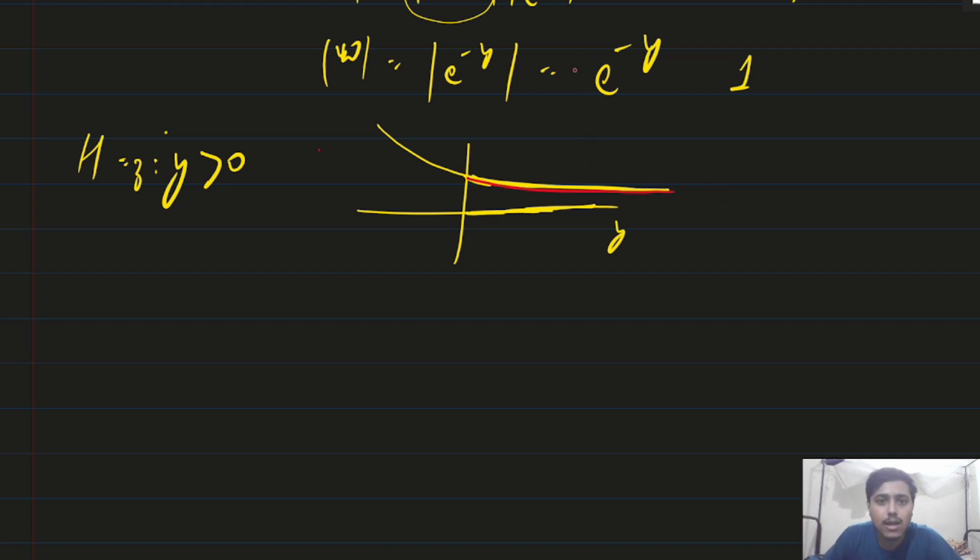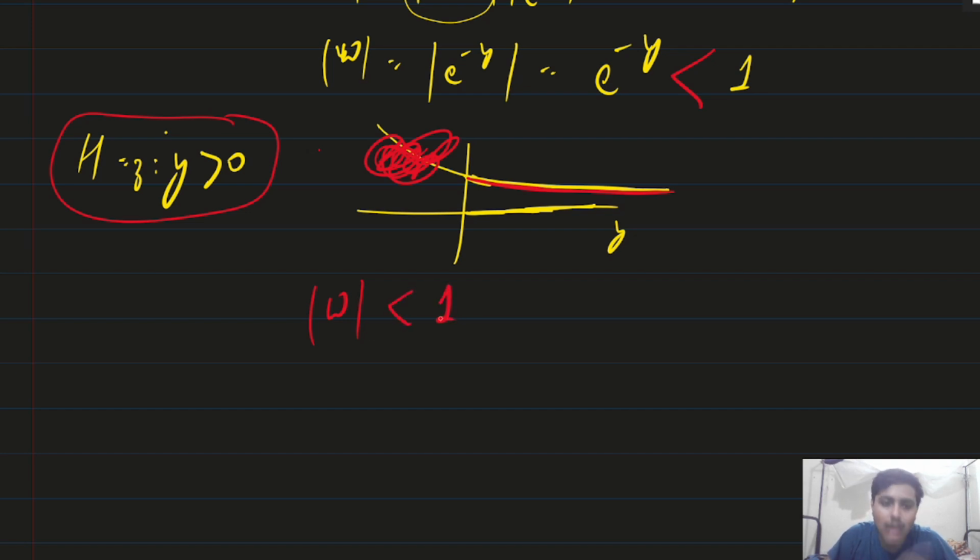See, it is decreasing like this and it is going to 0. So what you can say is that mod of w, that is e to the power minus y, is always less than 1, right? It will be 1 when we take y equal to 0, but we cannot take y equal to 0. In H it is given that y is greater than 0. Clear? This inequality is clear how it is coming out, less than 1. From the graph it is coming, you just visualize. It cannot take this value, so do not think about it. Only this part is our graph. Now what we got is that mod of w is less than 1. Now you think it is always above the x axis and it cannot take the value 0, right?